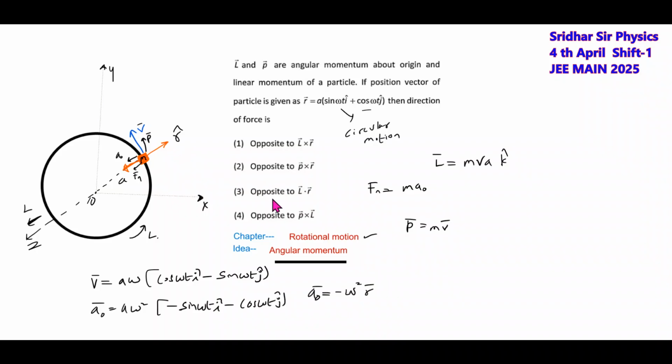So which option now we have to pick up? So this P bar and this L bar. Okay, we'll do one thing, opposite to... then the direction of force is asking, no? P bar cross, okay, one by one we'll check it. The direction of force L bar cross R cap